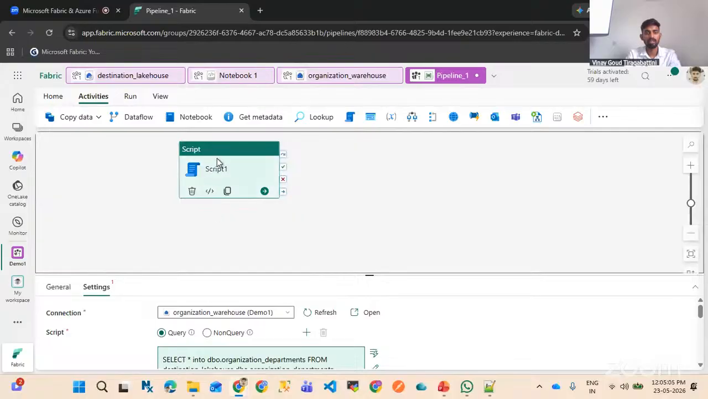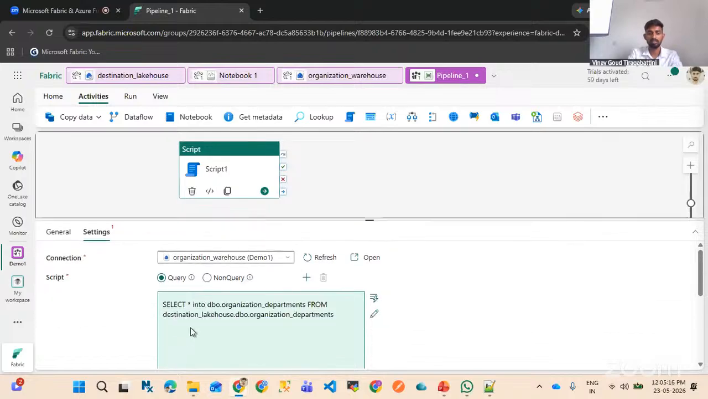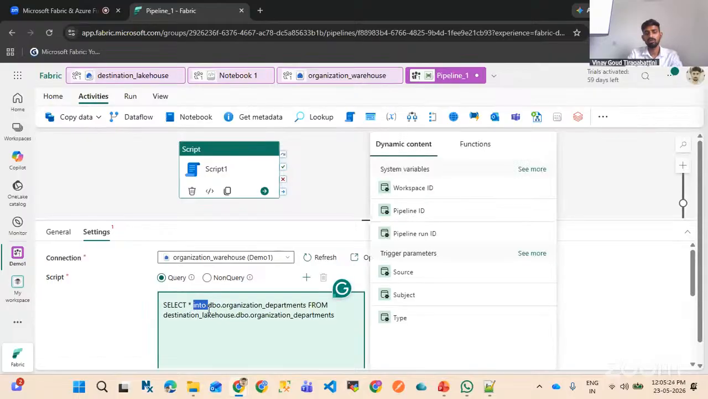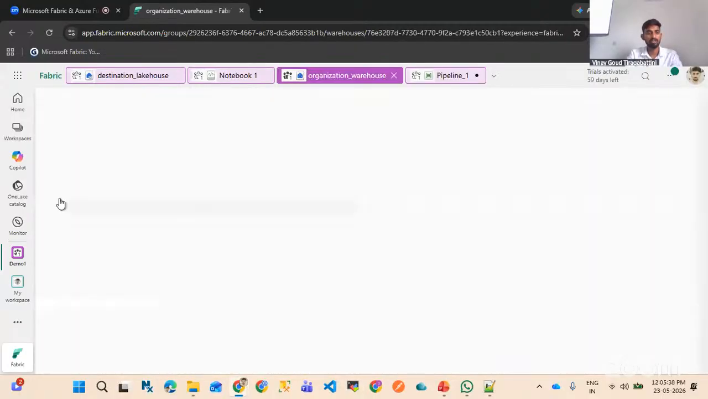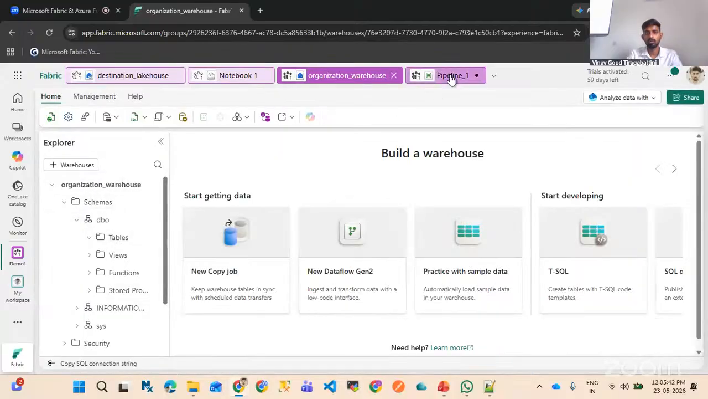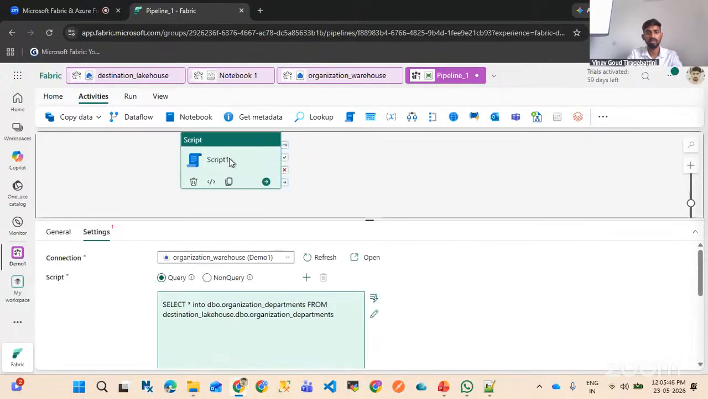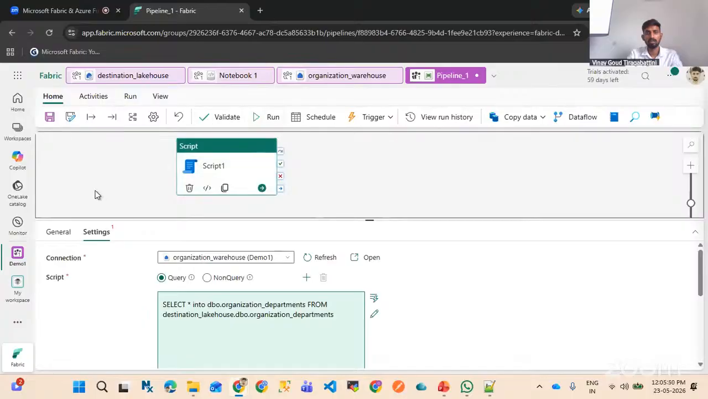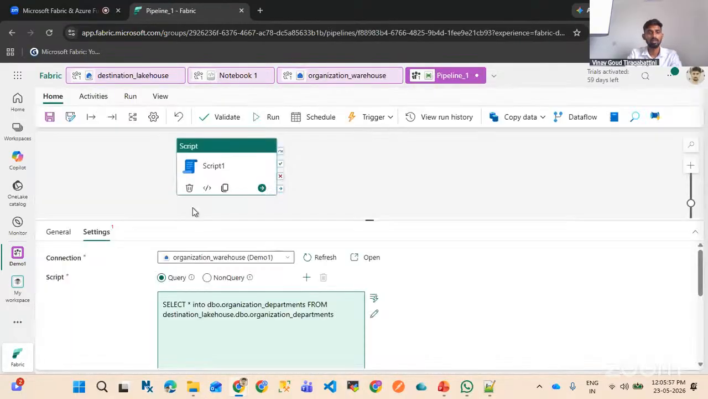So this script is migrating data from lakehouse to warehouse. For that, I have used a simple query, which you all know, select star from table name. So I just used insert into table name. This will insert the data into the warehouse, which is in the DBO schema. So it's going to create a new table in the warehouse. Currently I'm seeing nothing in the warehouse, right? So once I run this script, or once I run this pipeline, it will automatically migrate the data from lakehouse to warehouse. So let me save this pipeline,